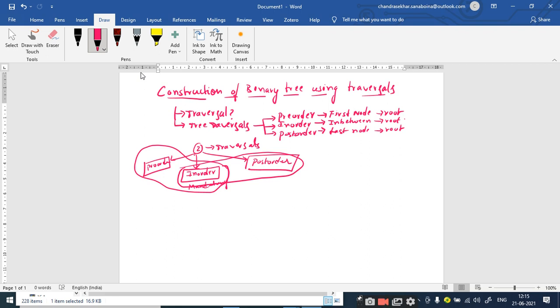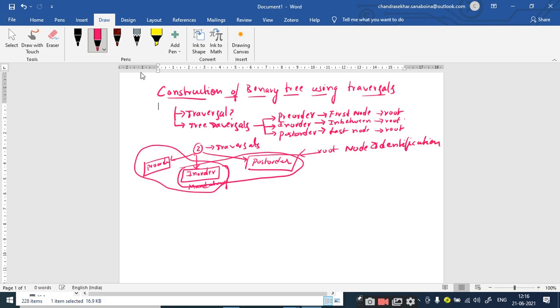I will tell you the reason why we need this. Right. The pre-order and post-order traversals are used to identify the root node. So root node identification is done by using either the pre-order traversal or post-order traversal.